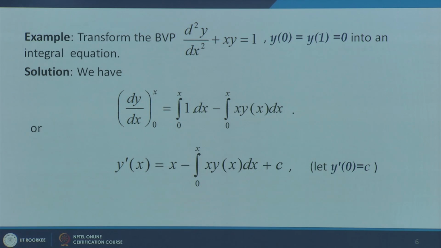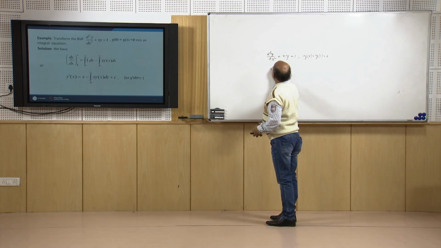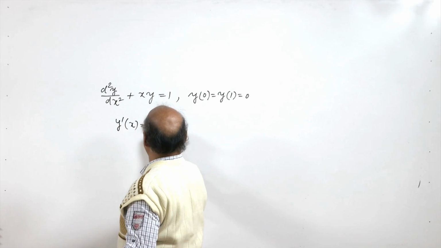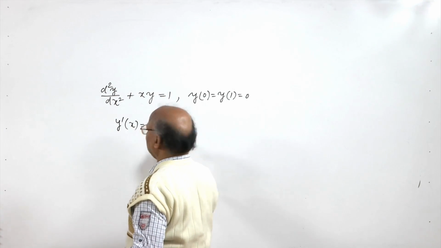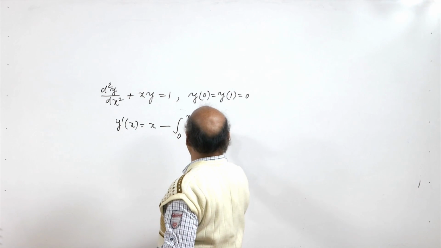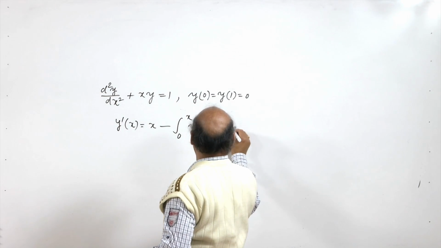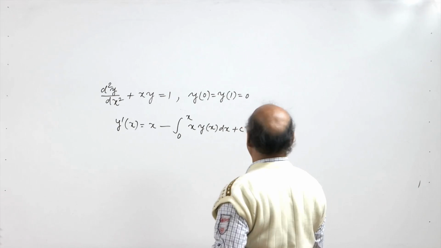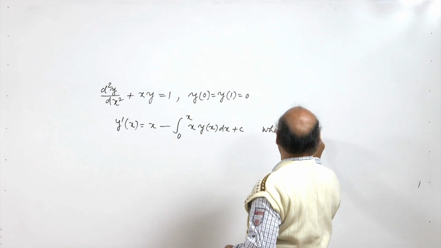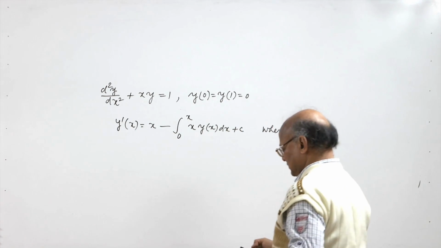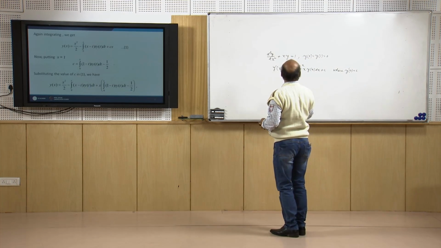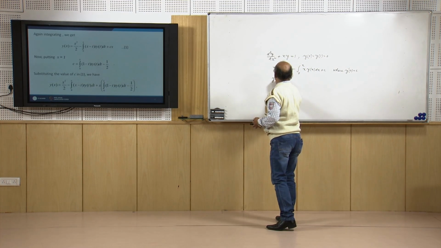So, this is what we get. We have y dash x equal to x minus integral 0 to x, x into y x dx plus c, where y dash 0 is equal to c. Now, when we again integrate this, we get y x